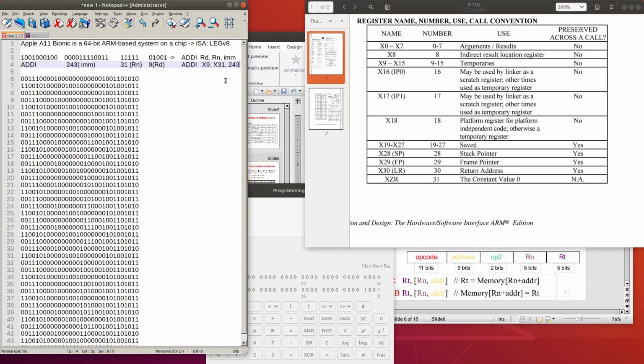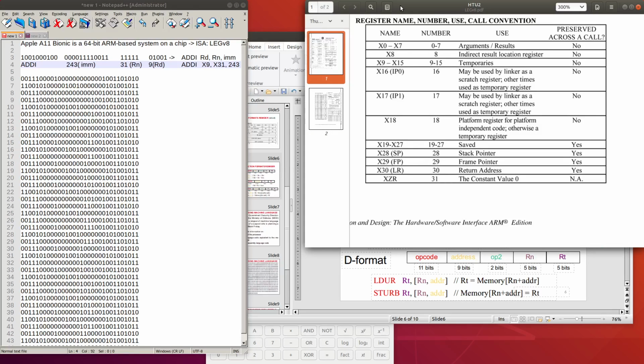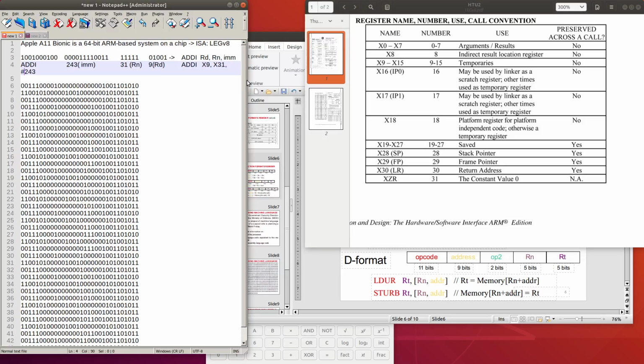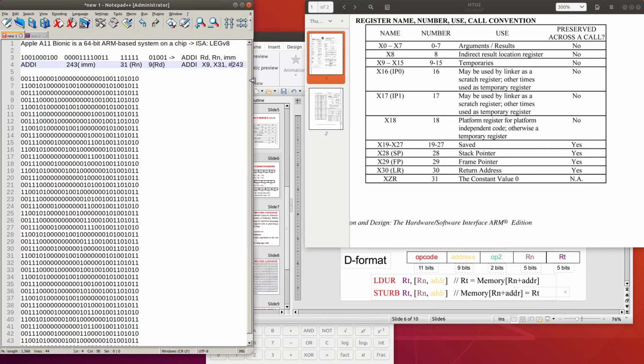So here we have our first instruction converted from binary into assembly code for LEGv8, and we know that for the immediate value we will need a hash in front, so the instruction in LEGv8 assembly code will look like this: ADDI X9, X31, hash 243.